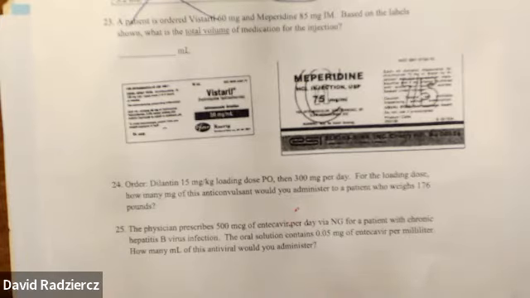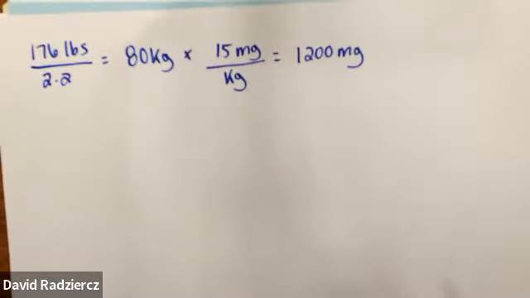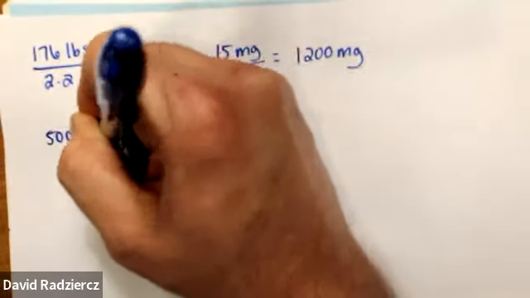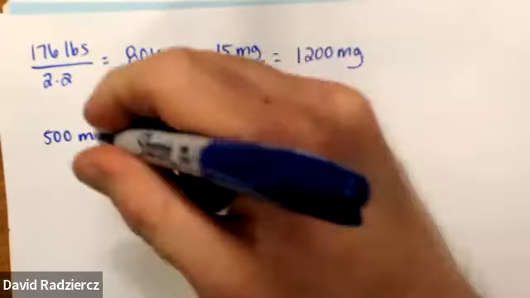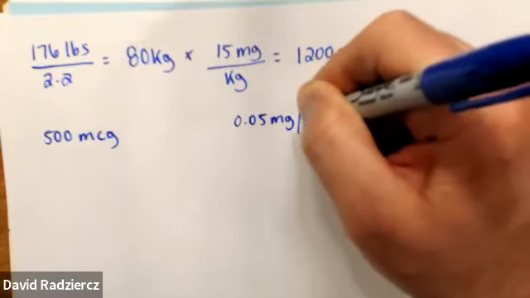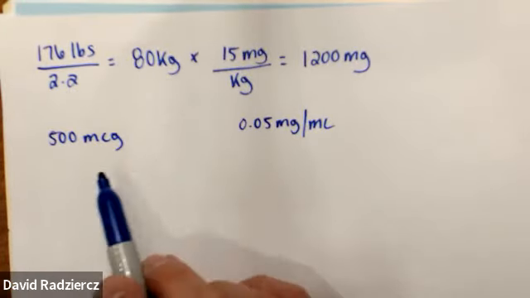How many milliliters will we administer? So you have 500 micrograms, and then you have 0.05 milligrams per milliliter. Now, what makes this a quote unquote complex problem is we need to know how to convert,